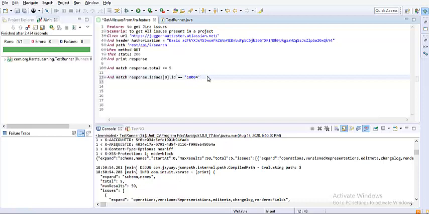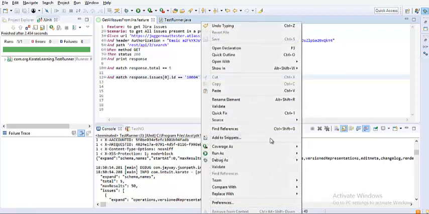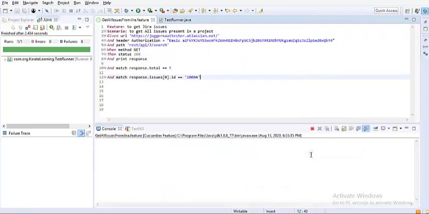So now what we have done is, from the response we have put in a couple of assertions or validations. I wanted to check whether the total number of records is 5, and also whether the record ID 10004 is present, and that it is the first record. Let's run this file very quickly and see what result we get.